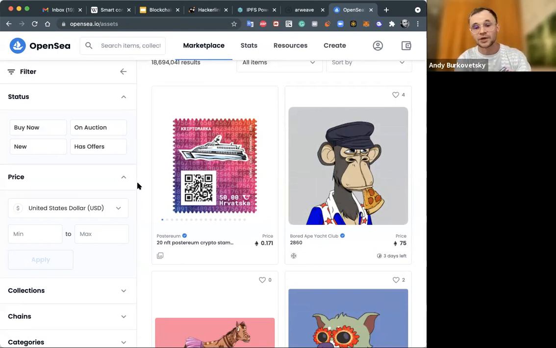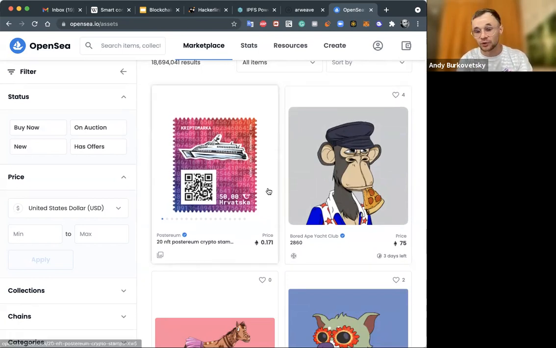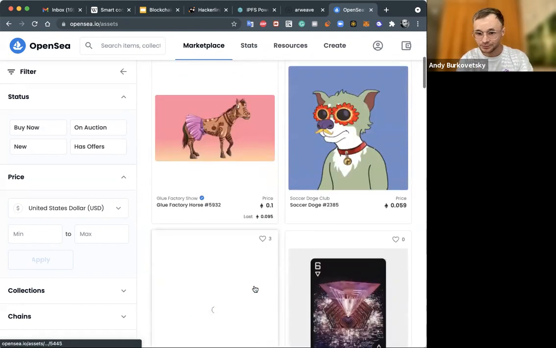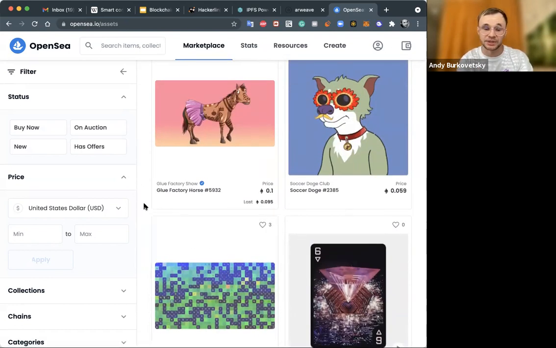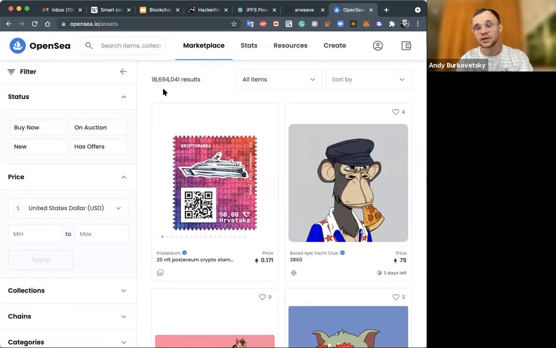This is a kind of real proof of what digital art someone has. It's a pretty big market, like OpenSea. They use Ethereum, they use Binance Smart Chain for such things. Still growing because it's kind of new stuff.